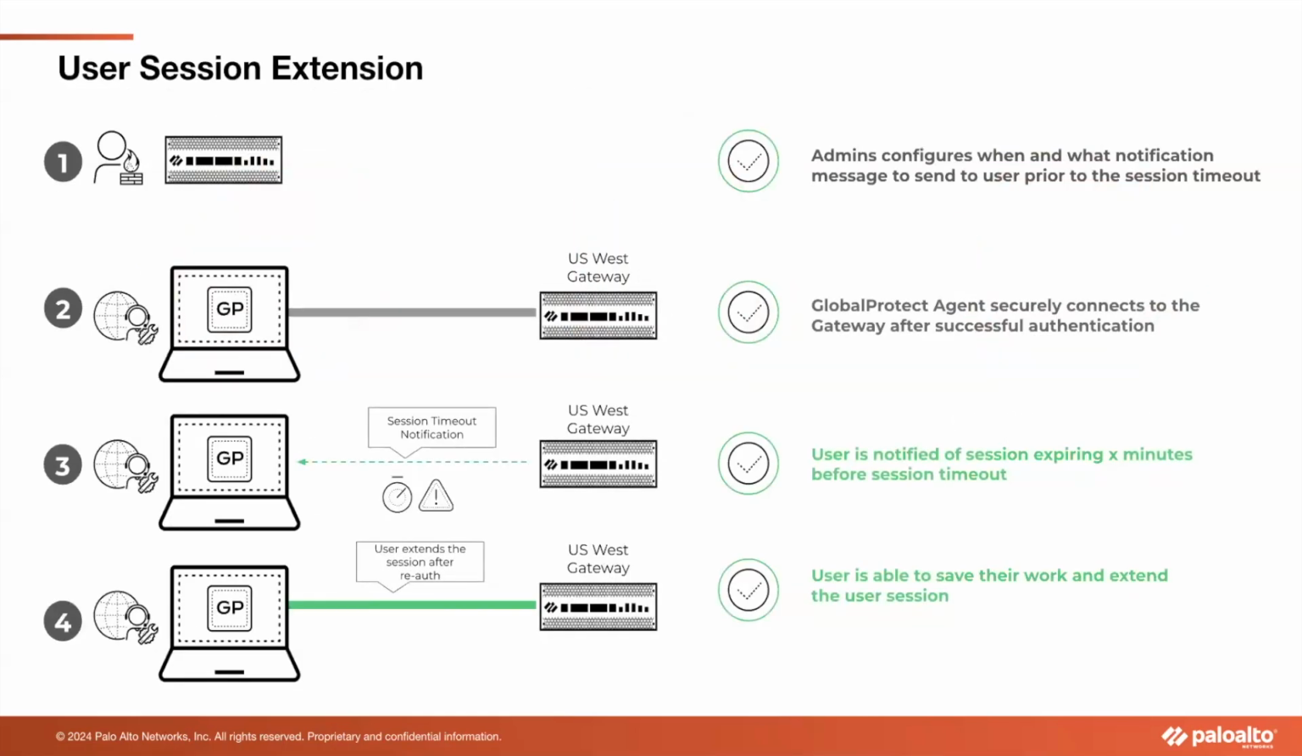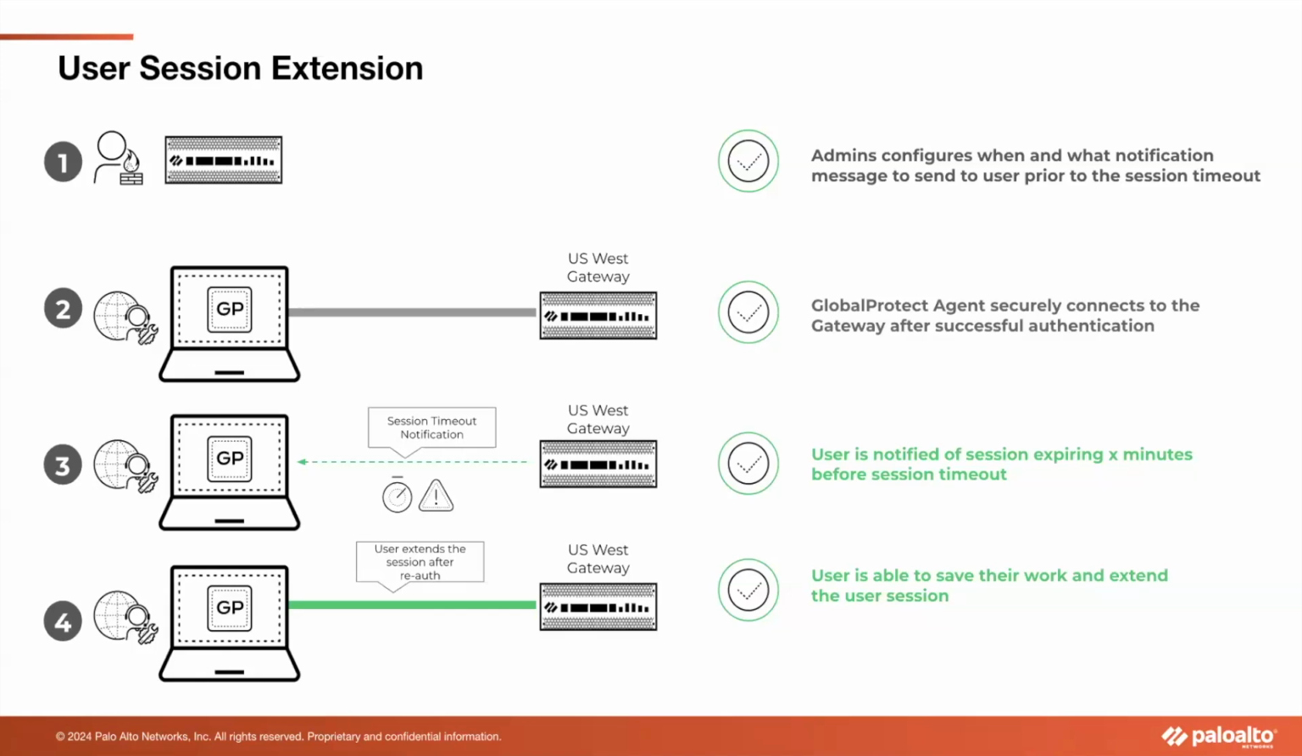Right. So in an attempt to improve this user experience, we have the user session extension feature. GlobalProtect will solve this problem of the user session getting expired. The admin will configure how long before the session times out the end user should be notified that their session is going to time out. Say, for example, the admin would want to notify the users 30 minutes before the session timeout. He configures a session from 9 a.m. to 5 p.m., but half an hour before the session ends,